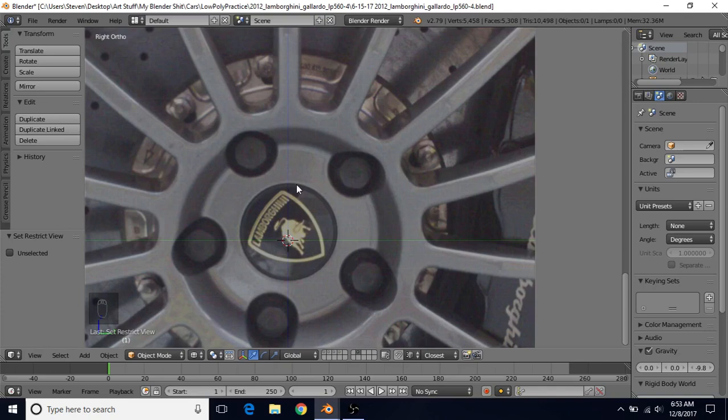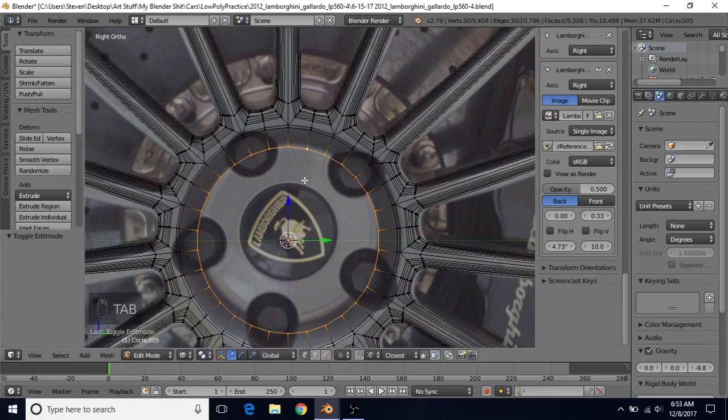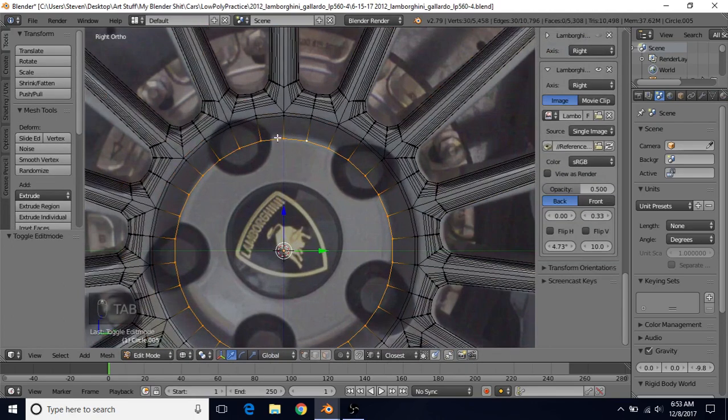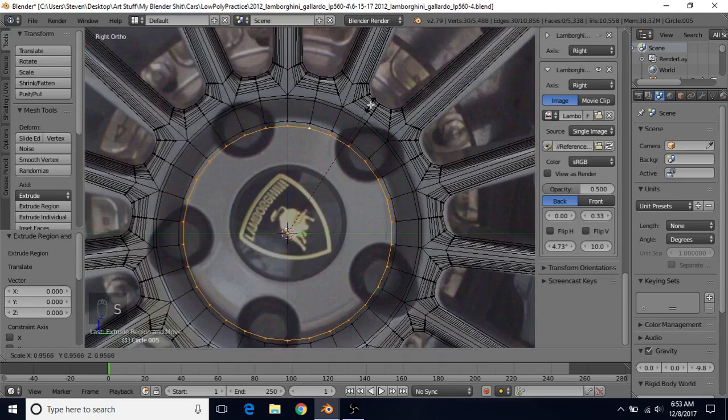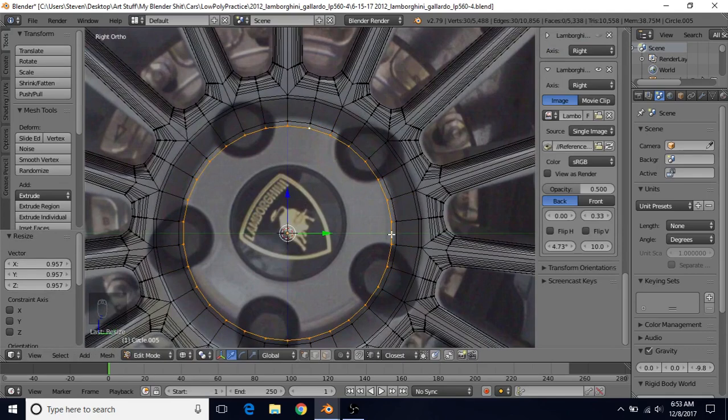So with that being said, I'm going to unhide my rim with Alt-H and go back to edit mode, and we want to create the rest of this down to the center cap. So we're going to do E to extrude, right click to cancel, S to scale this down a little. That'll give us that shading